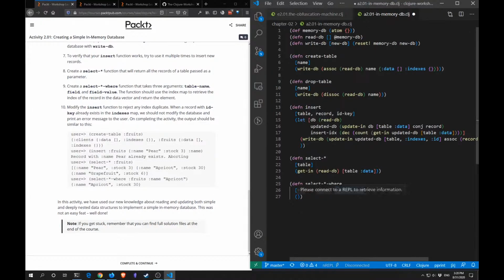We will return get the index. Let's just create a let block, let index is equal to